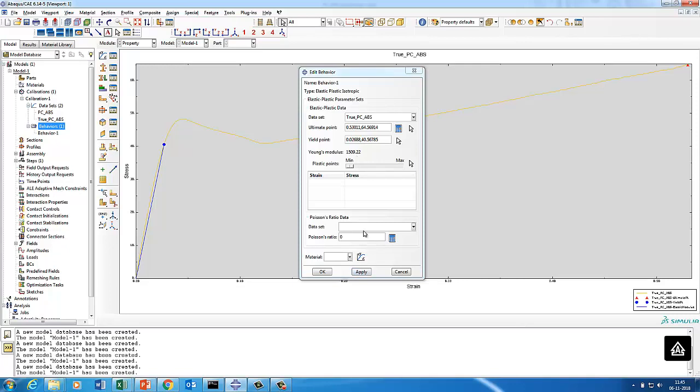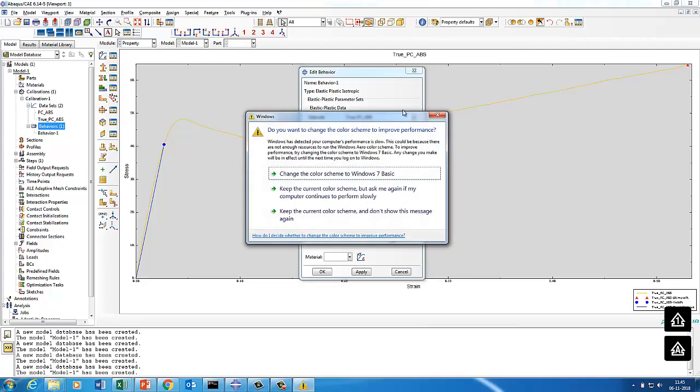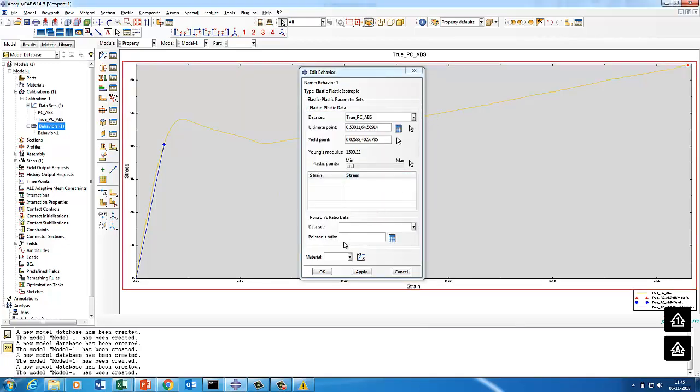Now I don't have data for Poisson's ratio, so I'm going to put it in manually as 0.35. So I know the Poisson's ratio, so I'll just